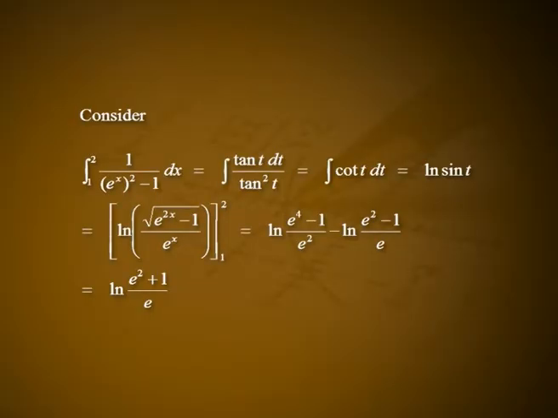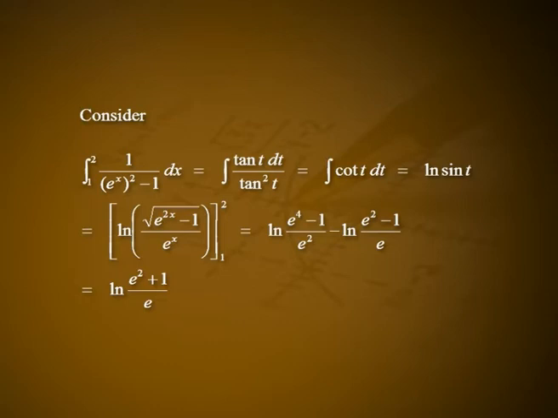Put e^x = sec t, so that e^x dx = sec t tan t dt, and cos t = 1/e^x. Consider the integral from 1 to 2 of 1/(e^(2x) − 1) dx, which equals the integral of tan t dt divided by tan² t, which is the integral of cot t dt, which equals log sin t, which is equal to log of the square root of e^(2x) − 1 divided by e^x